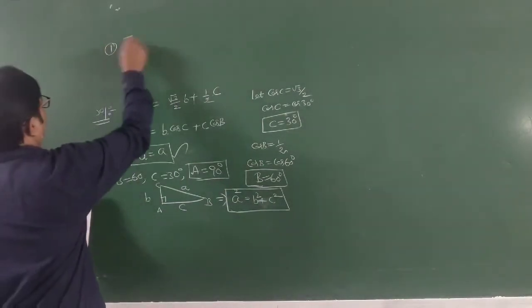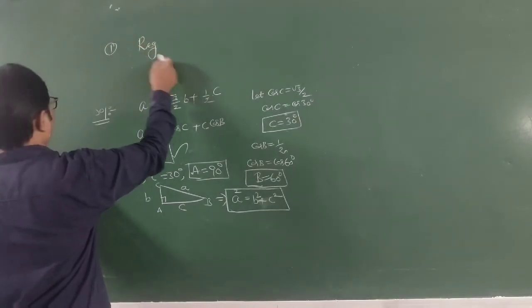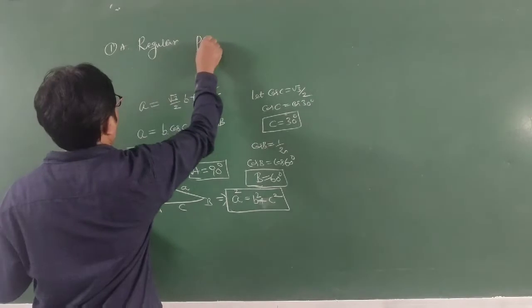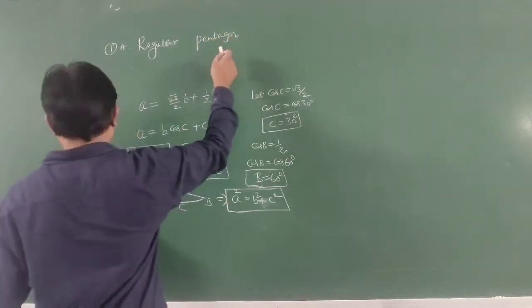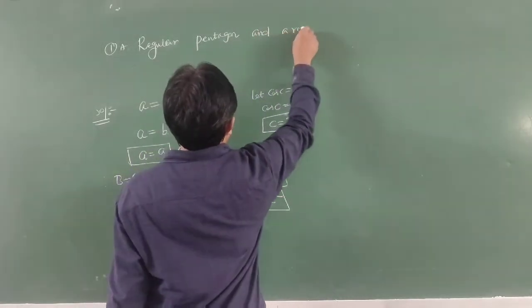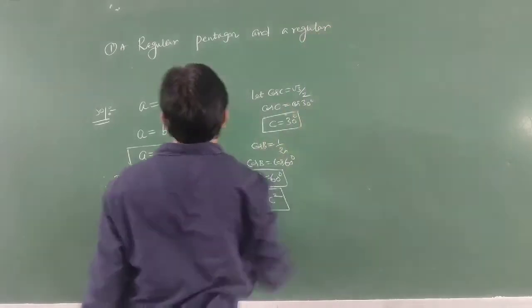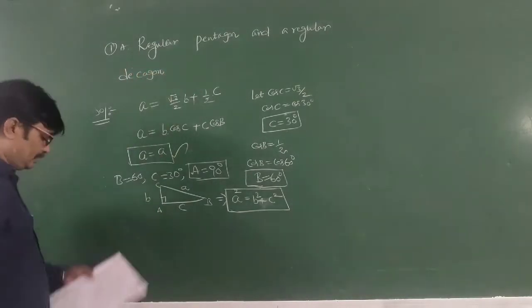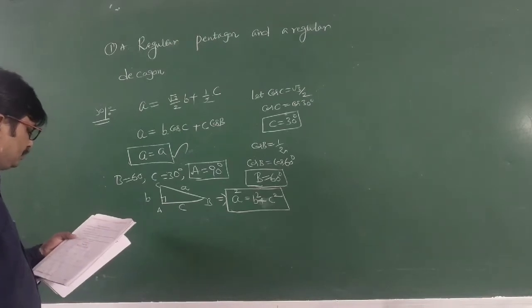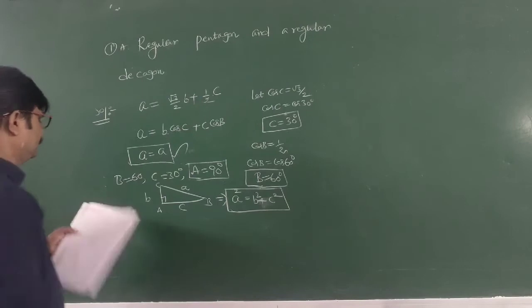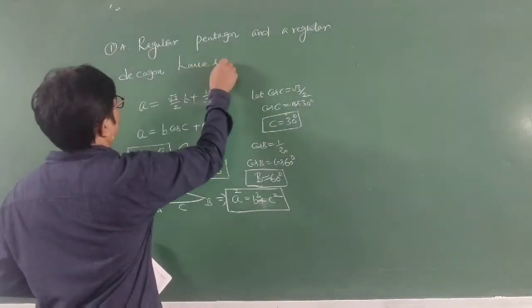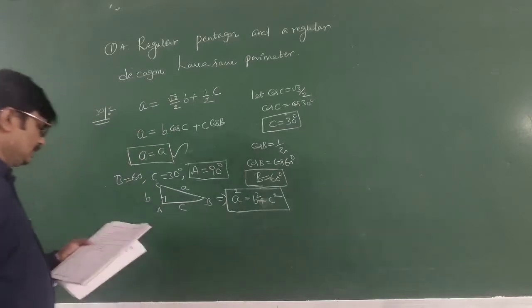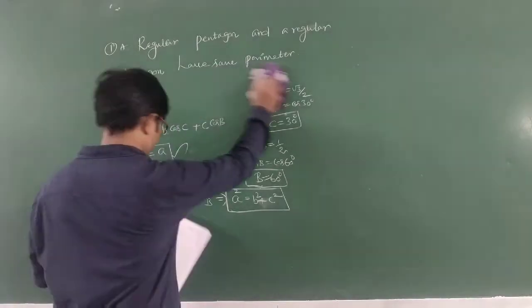So the first one: a regular pentagon and a regular decagon are given that have the same perimeter. Then the ratio of their areas,